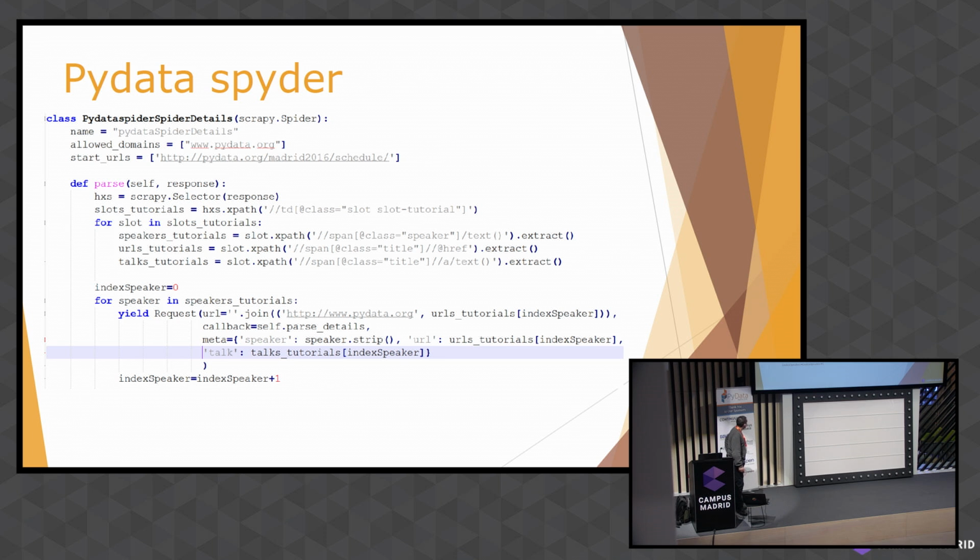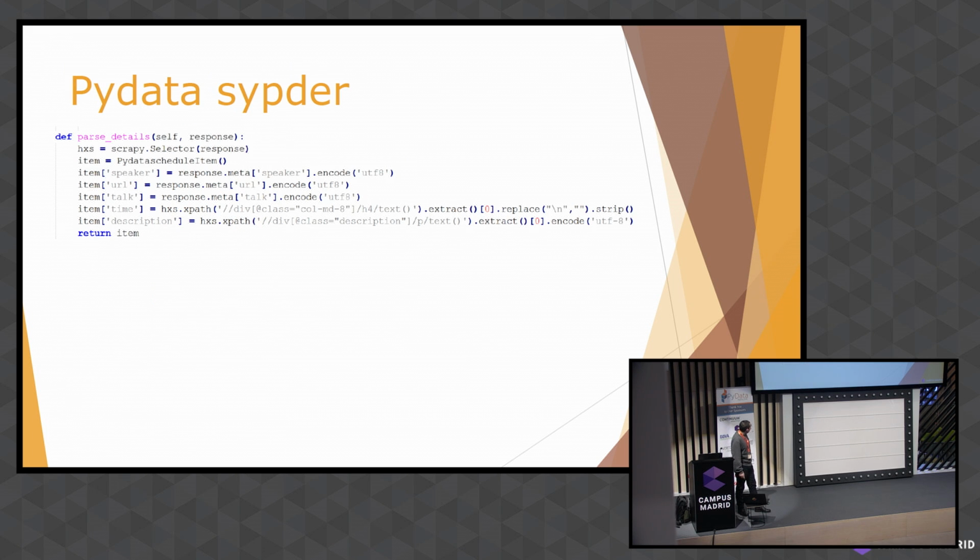And later, for the detail of the tool, it makes another request. We can see that we have an iteration over the loop, and we are making another request for each URL. And finally, for extracting the details of the tool, we process this request with the response selector,